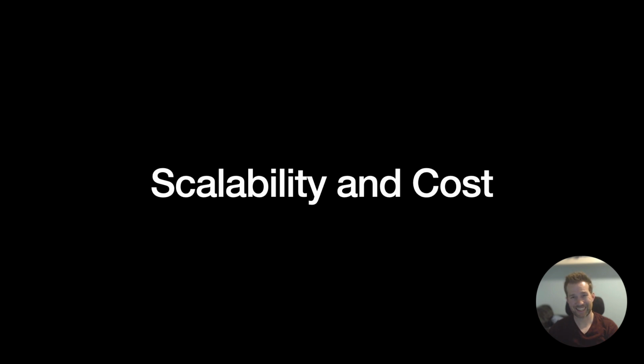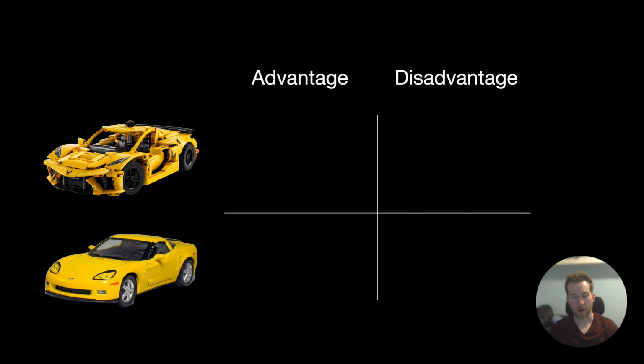Last on our list is scalability and cost. A very popular reason for going with low coupling is about scalability. It tends to be cheaper to scale systems that have low coupling. Take a look at the Lego car, for example. If you want to make that car bigger, life size even, you just add more bricks. Each brick is relatively cheap to make, and you already have the setup to create them, so you just do more of it, and you get a much bigger system from it.